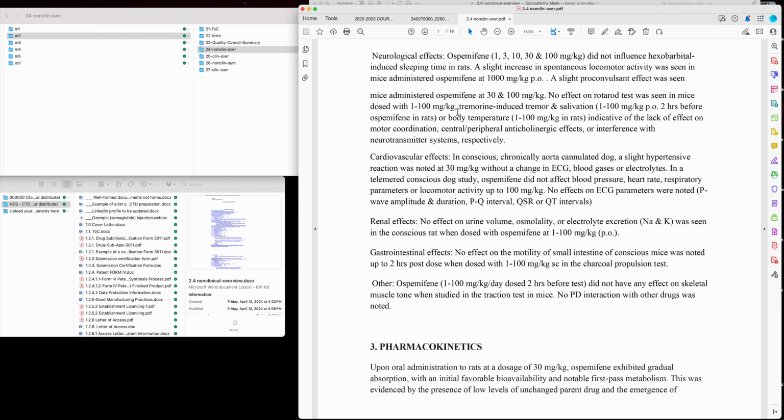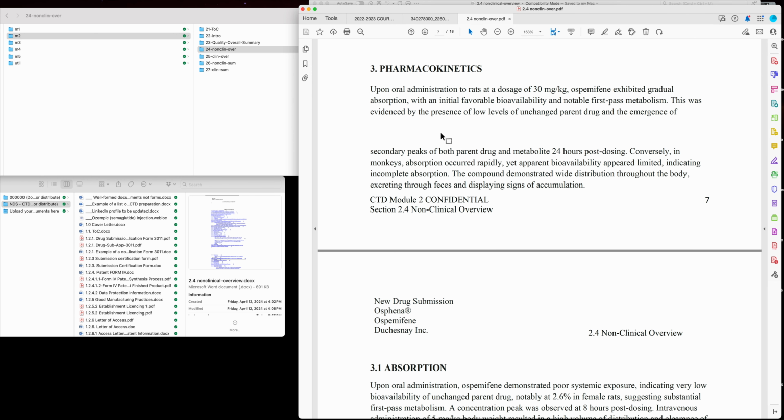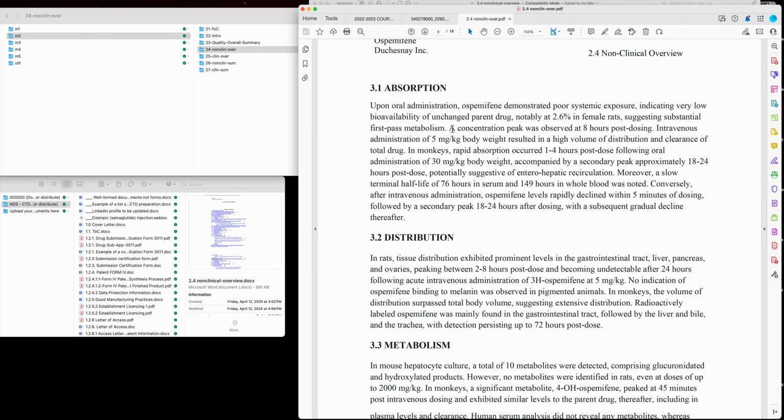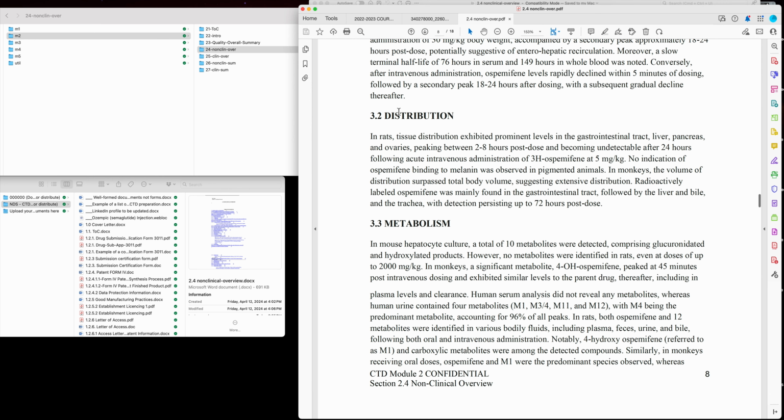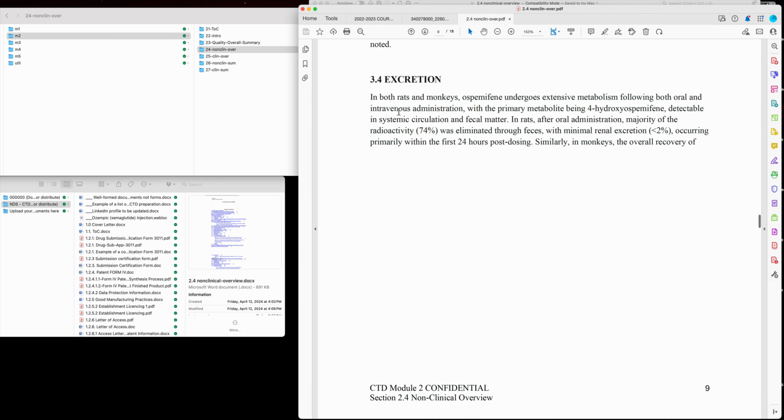So continuing with the content that we add in module 2.4, we can again give examples of the findings in pharmacokinetics. So here, for example, you see it's the oral administration. We may also have some other types of routes of administration in animals, depending on our strategy to explore the safety and efficacy of our product in animals. We also add here a summary of the findings for the absorption, the distribution, metabolization, and of course excretion in